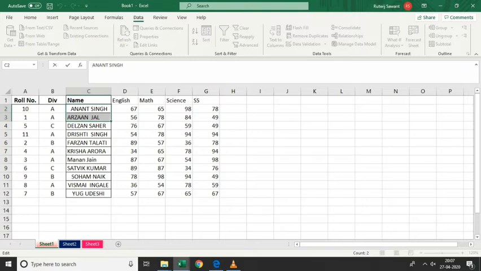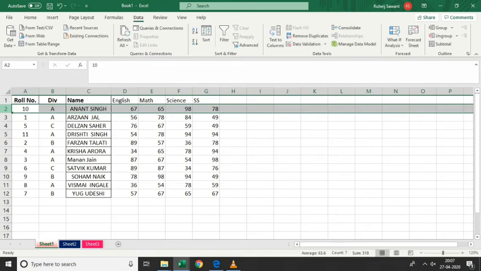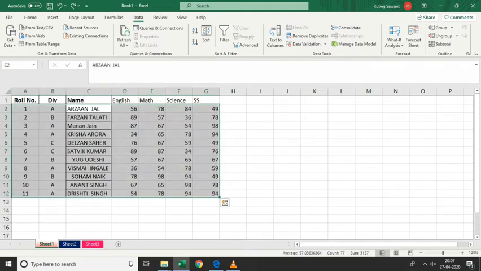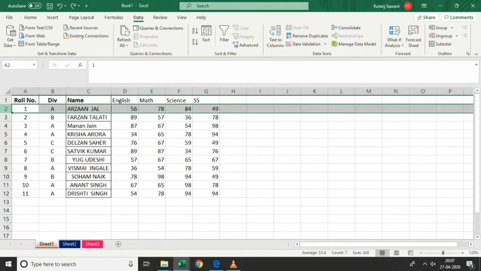So this was my data earlier, and when I sort the option, you can see the roll numbers 1, 2, 3, 4 are in order. Now I'll use the second option, that is sort largest to smallest. I'll click on that, and again this warning, sort. You can see not only that particular column but the entire row gets sorted within that.